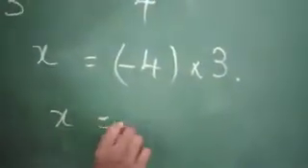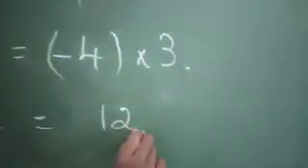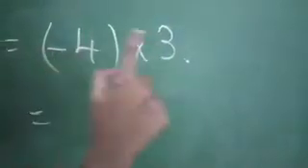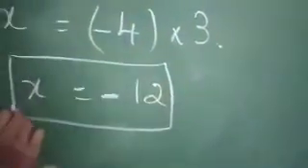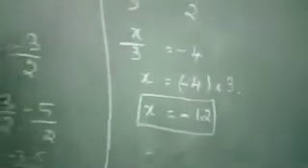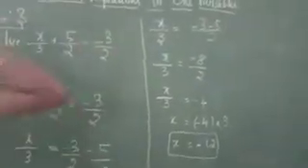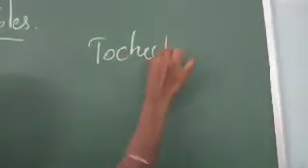So x is equal to, you simply multiply the numbers first. So 4 3s are 12 and put the sign. If a negative sign is multiplied by a positive sign you get a negative sign. So the value for this x is minus 12. If you have doubt, you simply put this x in here and check whether you are getting minus 3 by 2 as your answer. So now we shall check.